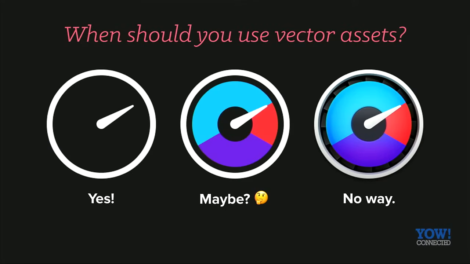In the middle, maybe, this actually looks super simple, but there is some clipping going on if you wanted to create this correctly with the correct anti-aliasing. Probably fine, depends. On the right, no way. If you've got an icon with lots and lots of shading, that's not a good candidate for a vector drawable. You should probably be using a bitmap. You should certainly be using a bitmap. And in fact, this icon,